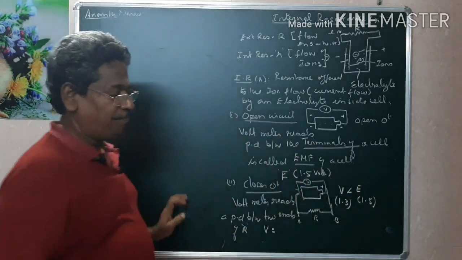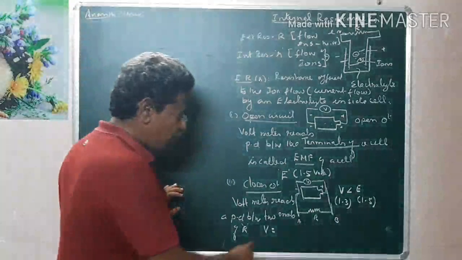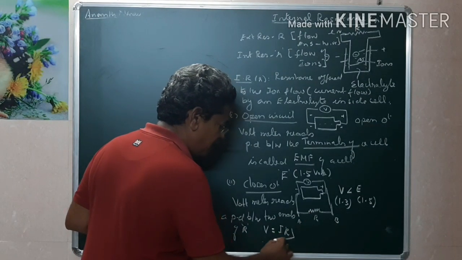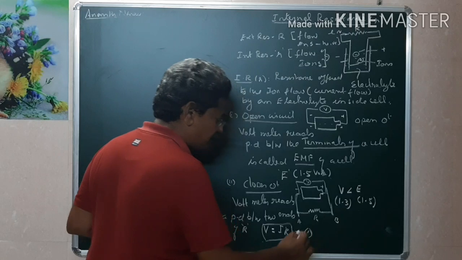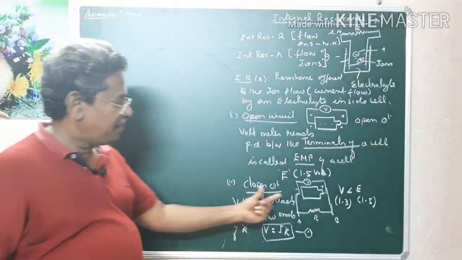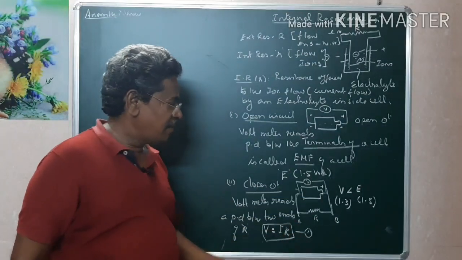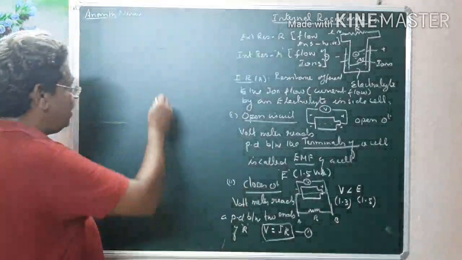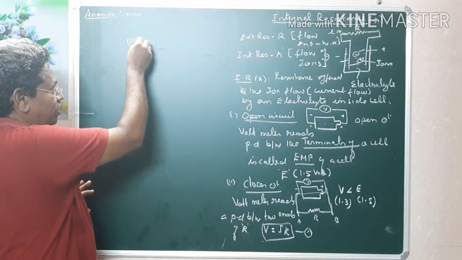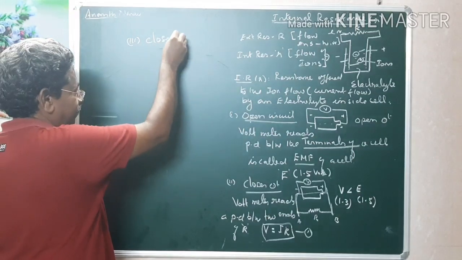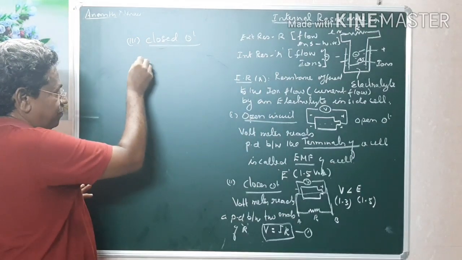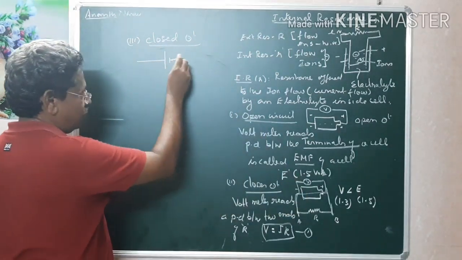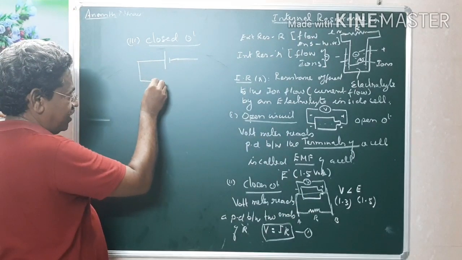This is the problem. And this V, according to Ohm's law, the voltage drop across the resistance, is V equal to IR. I am taking this as equation number 1. So what happened is, when it is connected, the total current in the circuit flows. Therefore, I am redrawing the closed circuit. Third case, in a closed circuit. See, this is our cell. This cell I am drawing like this, and this is our external resistance.